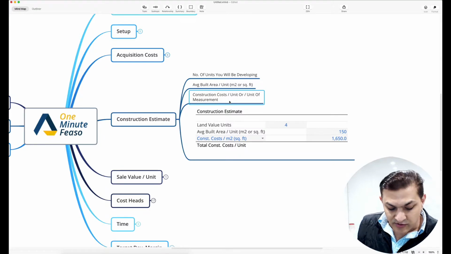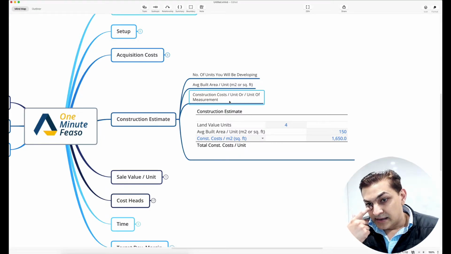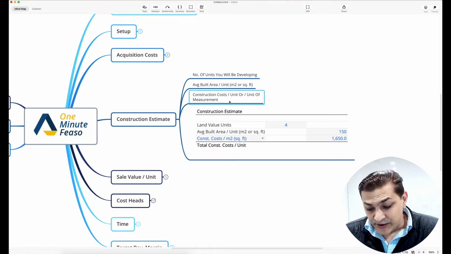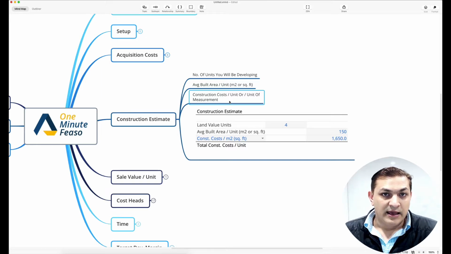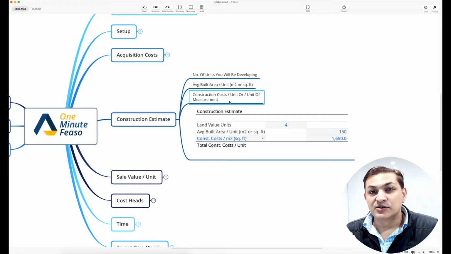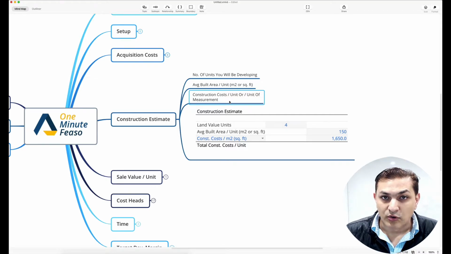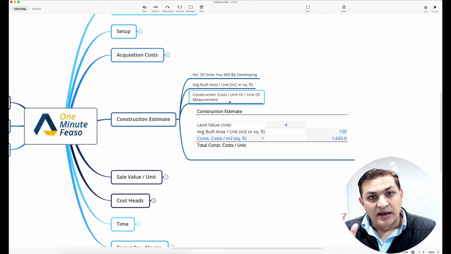What we are trying to do is run numbers on a site in under a minute. The reason we do that is because we haven't got all the information, all the pieces of the puzzle, given to us. But when you are trying to make an offer on something, and determine whether or not you should go after this site, or whether or not this site has any profit left in it,